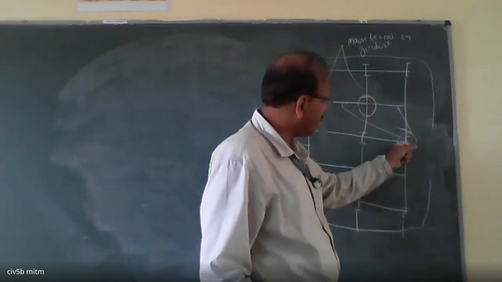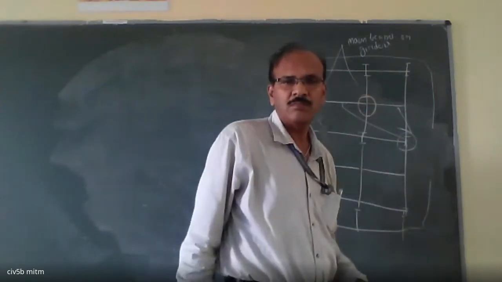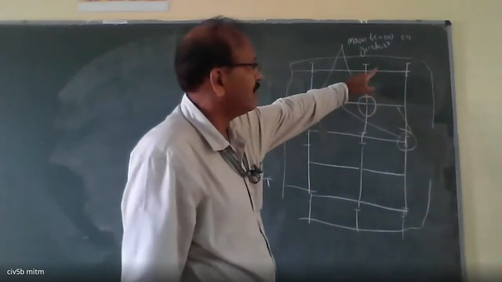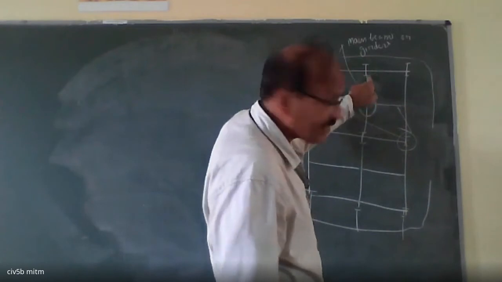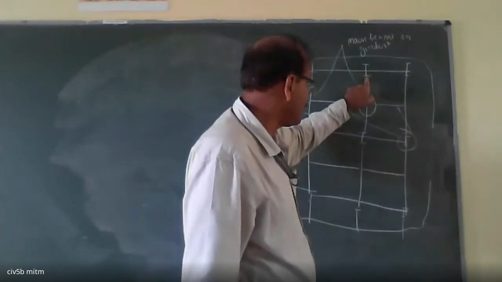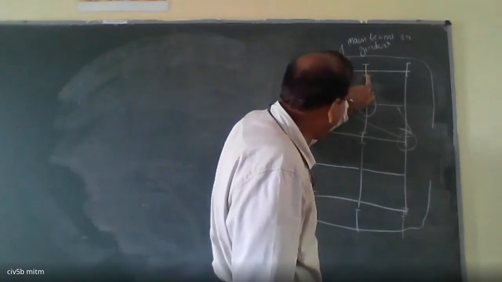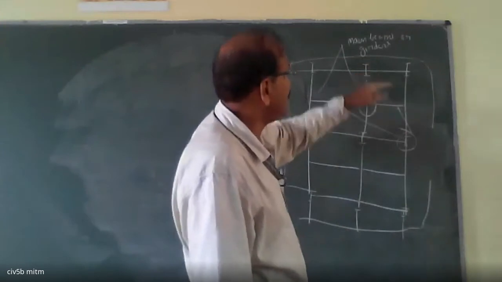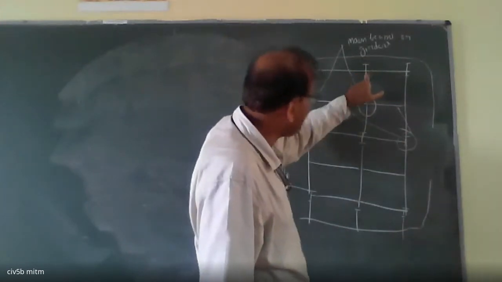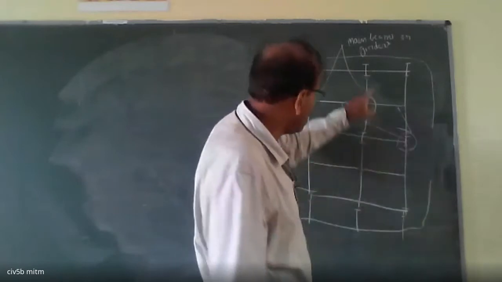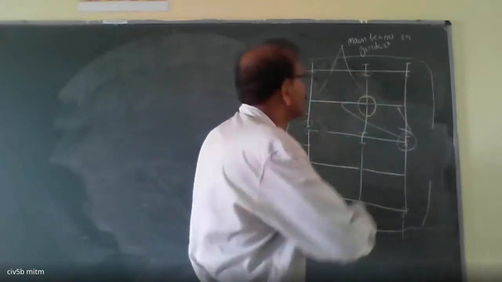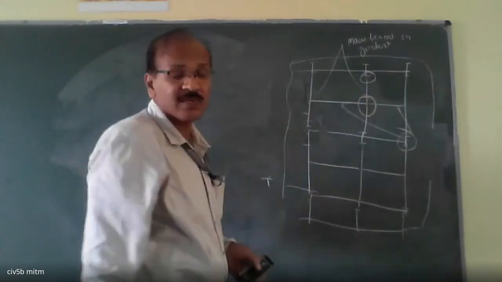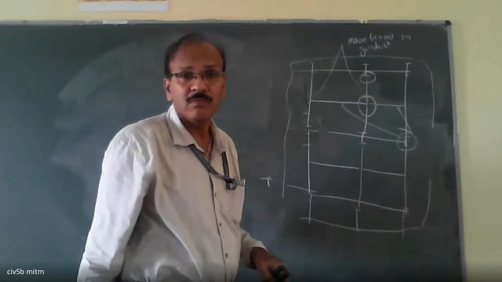This beam is sitting on this column. Or else I can show this connection, where this beam is sitting on the flange of this I section. This can be sitting on the web of the I section as well. Here, this beam is sitting on the web of this column. So now I'm going to show only this part, that is, this beam sitting on the flange of this column.